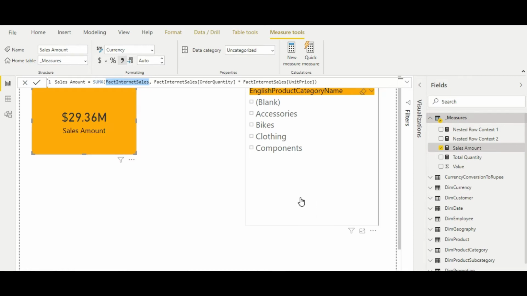For example, in terms of filter context it can be a slicer, page level filter, report level filter, or visual level filter. There are many ways, or even in the measure itself you may be placing some kind of filter context. There can also be more than one row context, which we will be discussing in this video itself. So this first argument will be calculated on the original evaluation context.